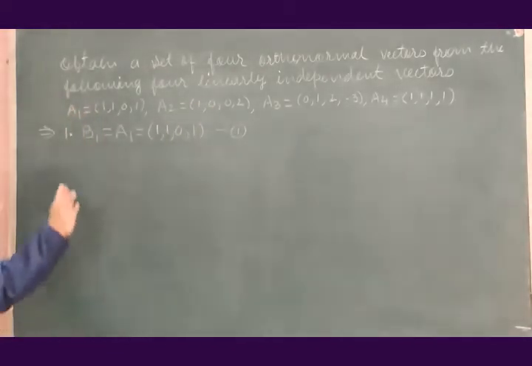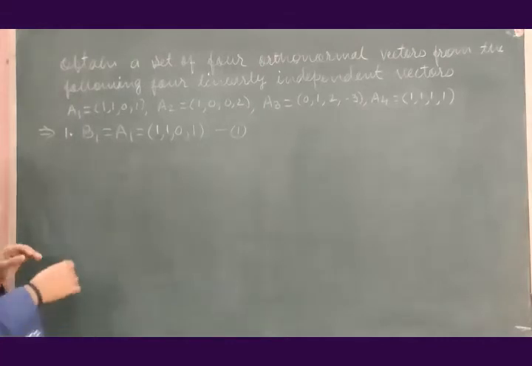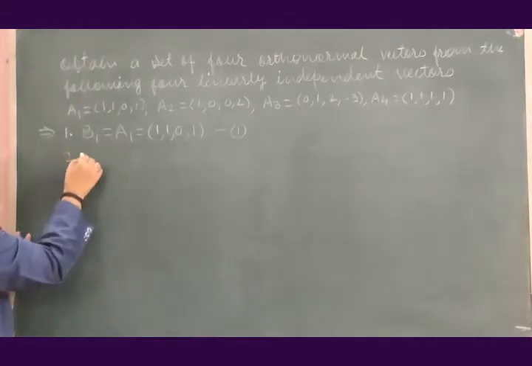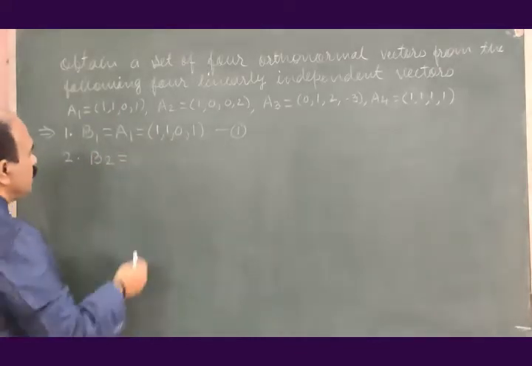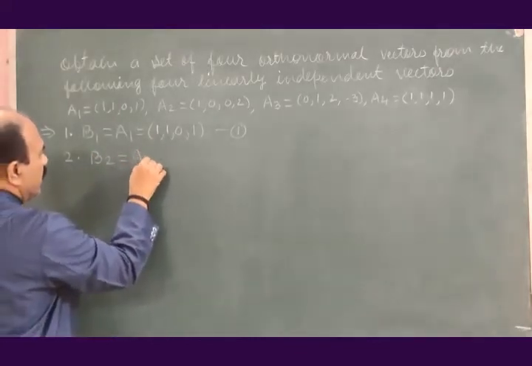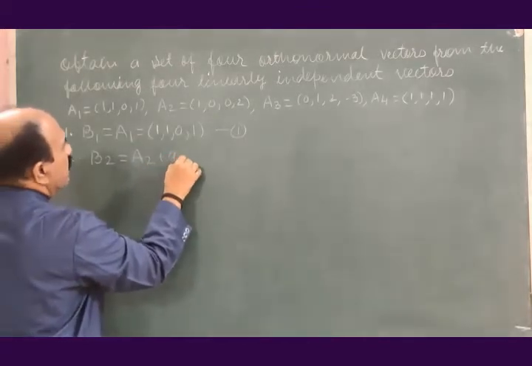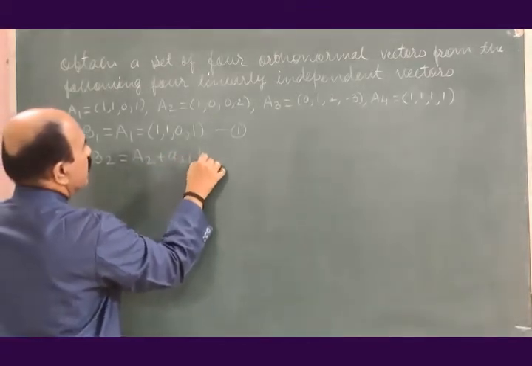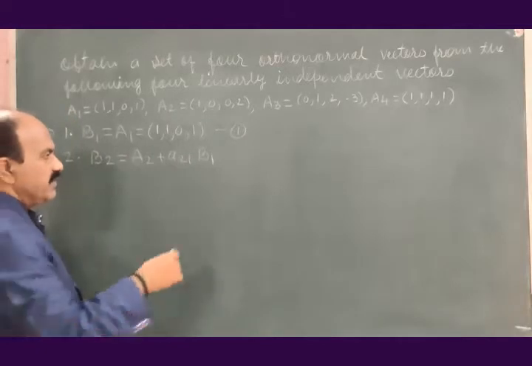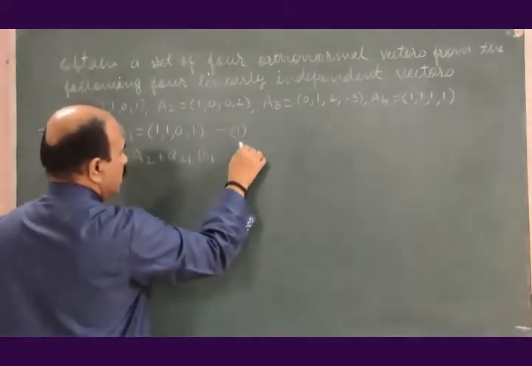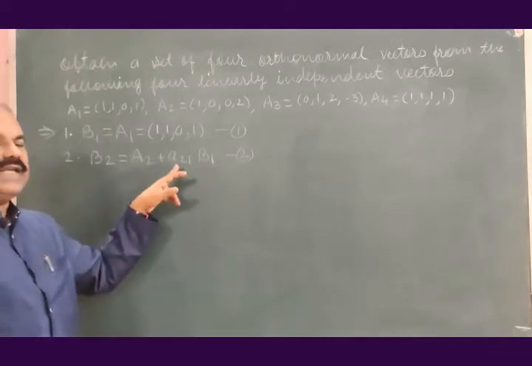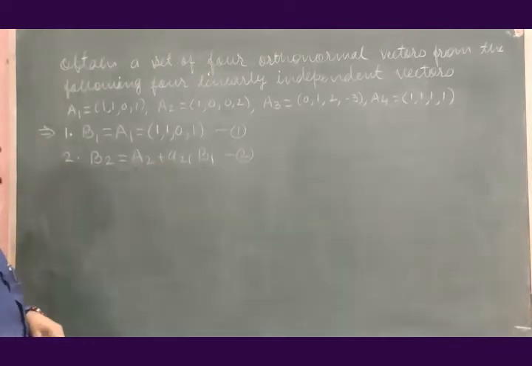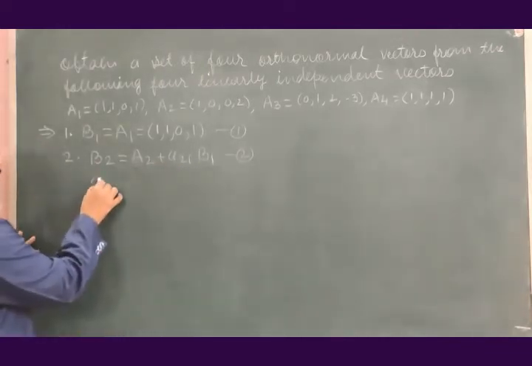Equation number 1, B1 is obtained. Then step number 2, B2 is equal to A2 plus A21 B1, equation number 2. A2 is known, B1 is known, A21 is to be found, and the formula to find A21